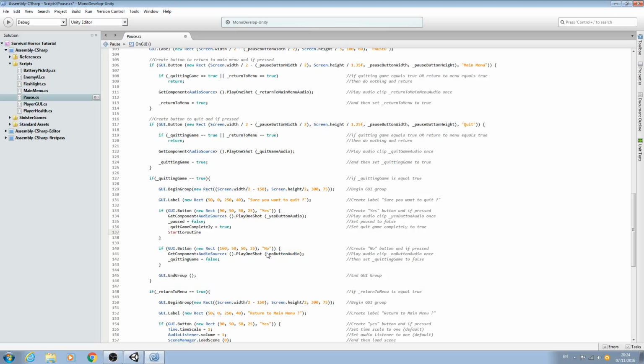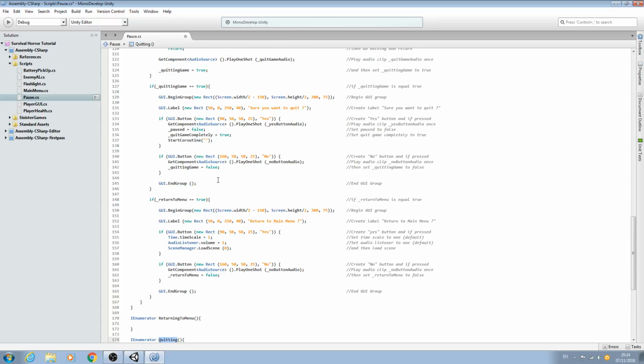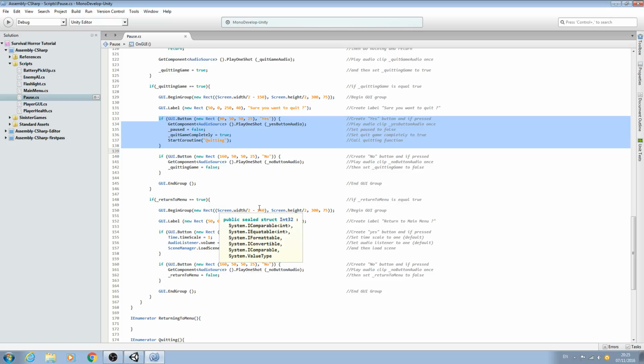So we'll say start core routine, open and close brackets. We've done this a number of times, and then we'll just start this core routine. So we'll paste that in, and let's just say call quitting function, and we'll just save that for the moment. So that is done now for the yes block,